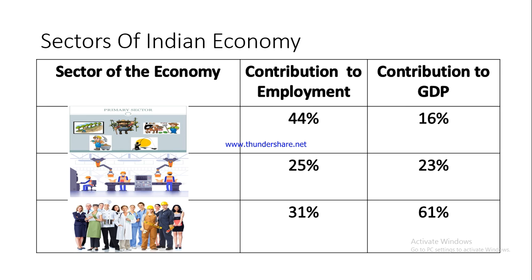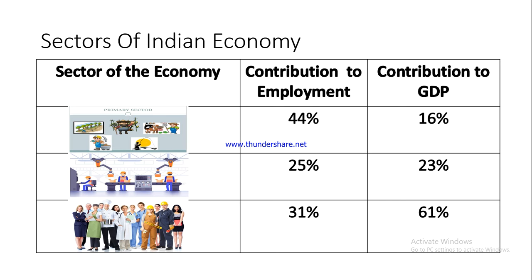Now, this particular figure that you are seeing here in the data on your screen, please understand this actually points to a deepening problem in our primary sector, specifically the agricultural sections of Indian society. You understand that they are contributing almost 44% to job growth, but their contribution to GDP is way less, only 16%. While if you look at services, their contribution to employment is much less, while their contribution to GDP is way higher. It's almost double their contribution to employment. So they are contributing 31% to employment, but almost 61% to the national GDP.